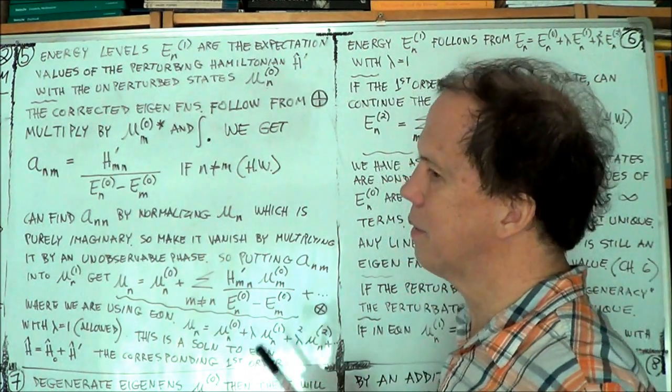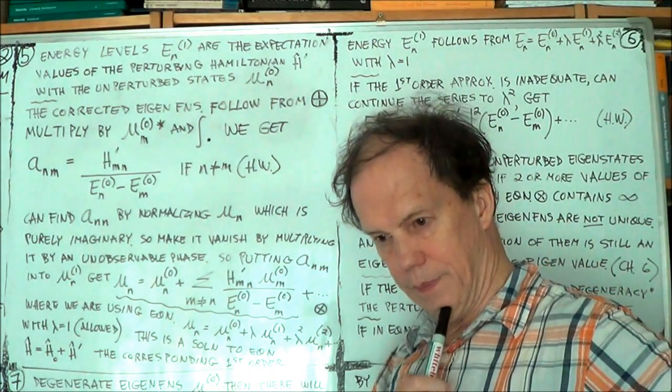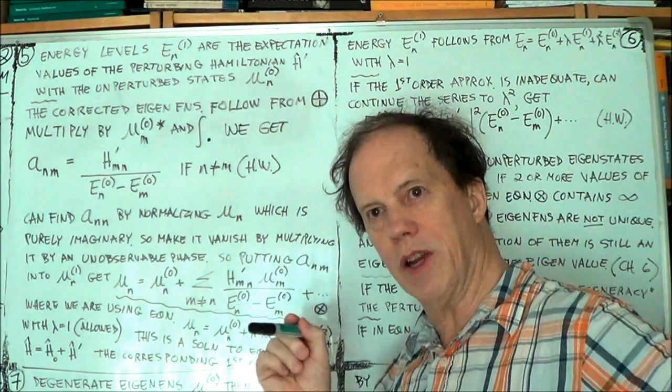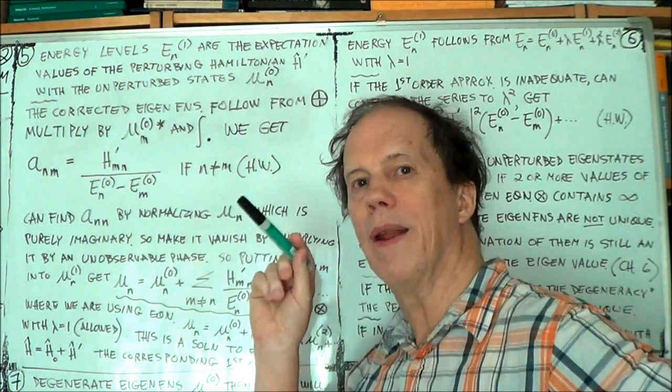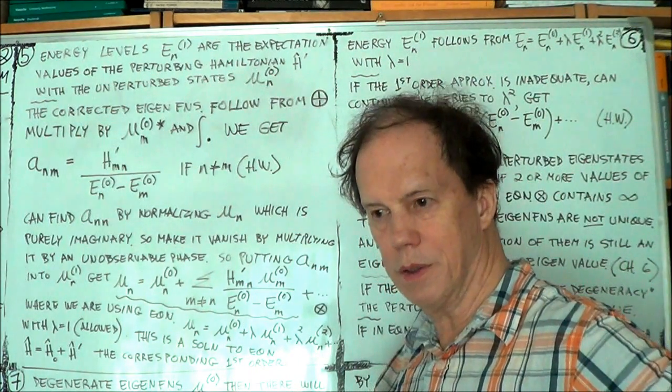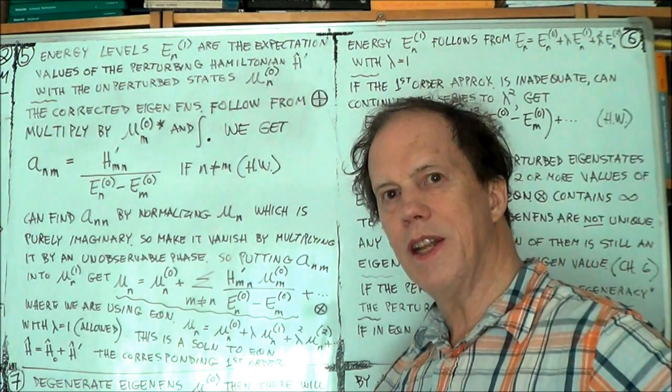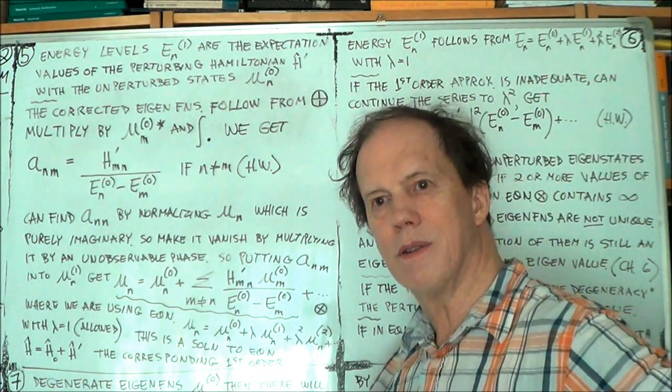So in other words, that to the nth eigenenergy, the correction, so En1, first order correction to the nth eigenvalue, it's an expectation value,